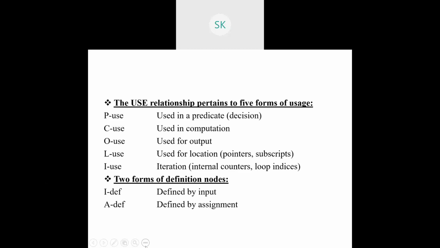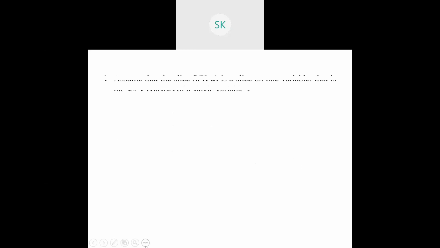You're feeding some input, or you're taking some value from a previously done task and putting it into the current program, that's also an input. The next part is assignment. You are assigning the values, you're changing the values, that is assignment. Previously we were mentioning only the assignment definition. Input was also combined in the assignment definition itself, but here it is not the case. 2 different scenarios are coming into the picture, so we need to be aware of it.